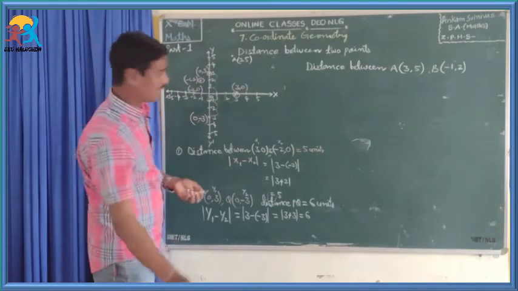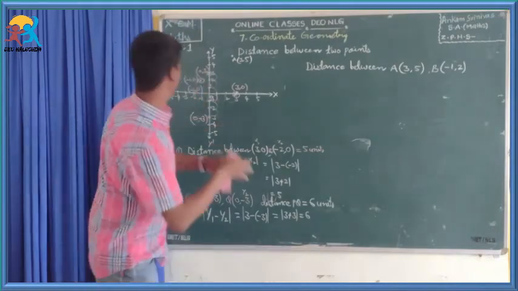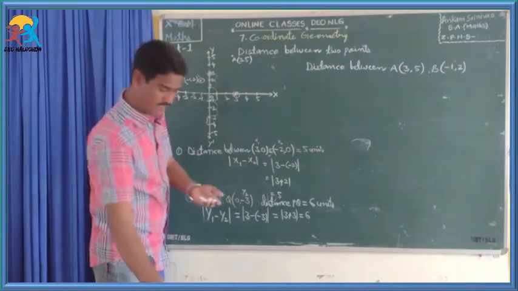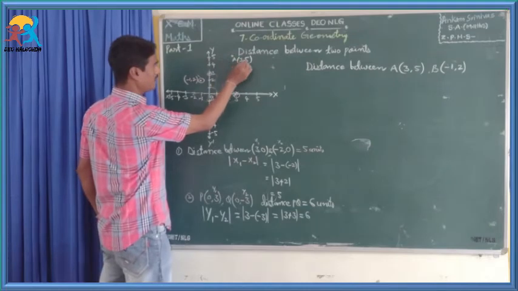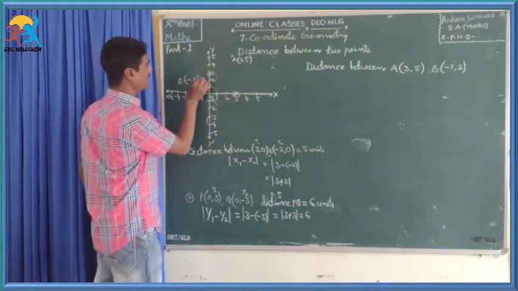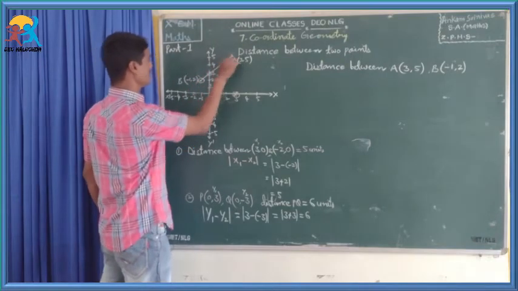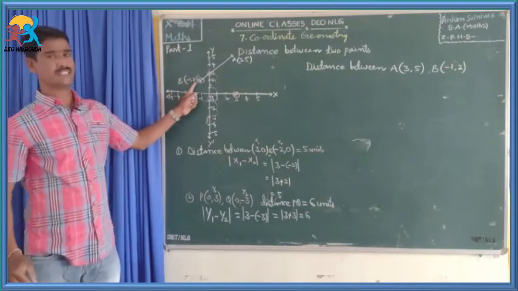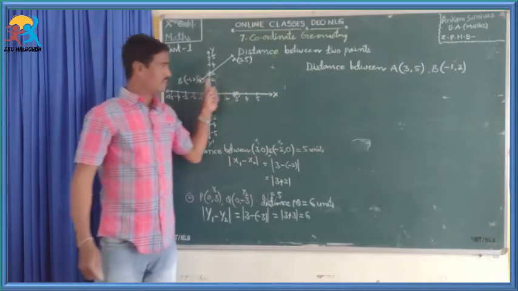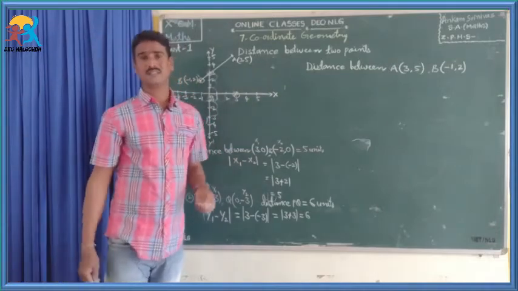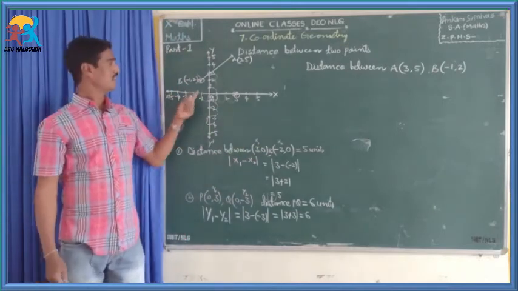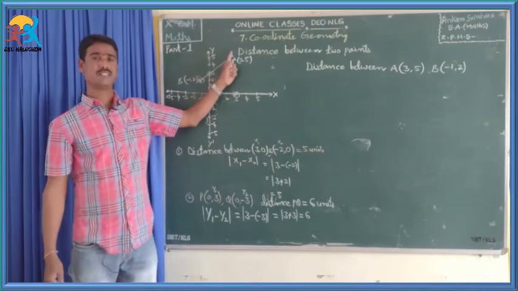Now we have to find the distance between these 2 points, A (3, 5) and B (-1, 2). Which formula do we have to use? Do you know the formula? We are going to learn how to find the distance between 2 points in the